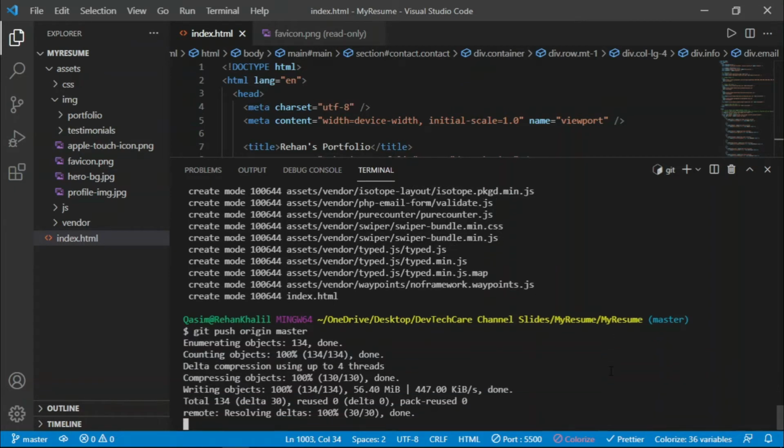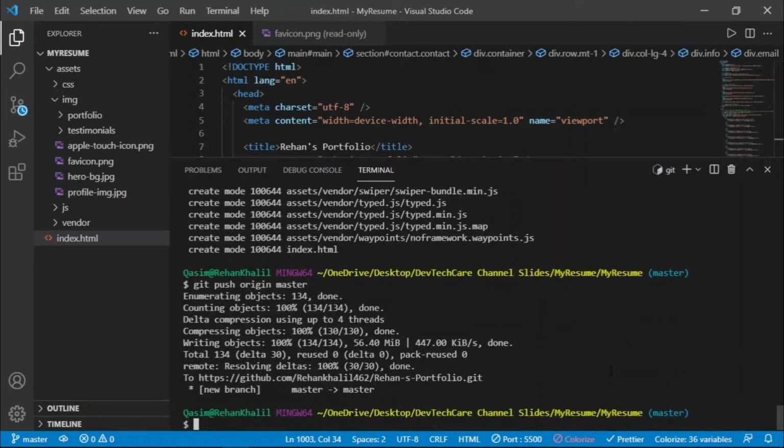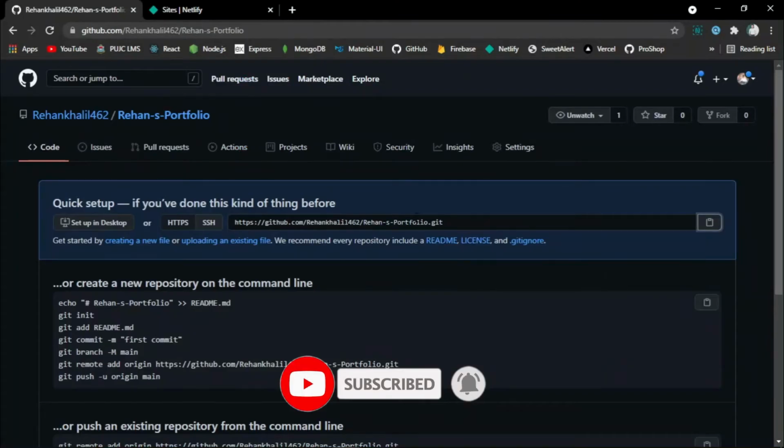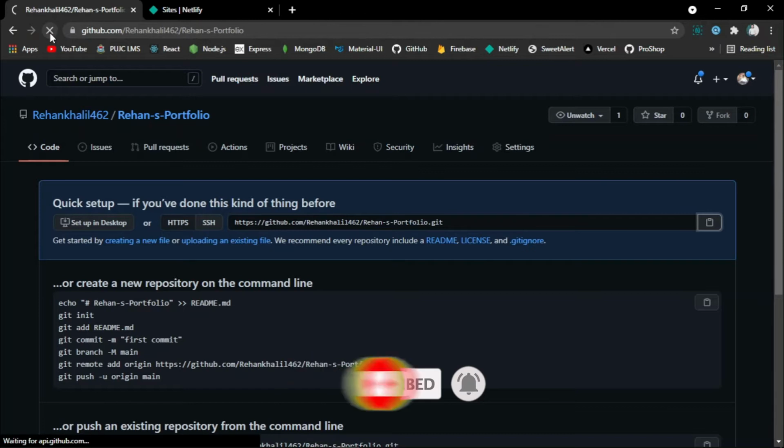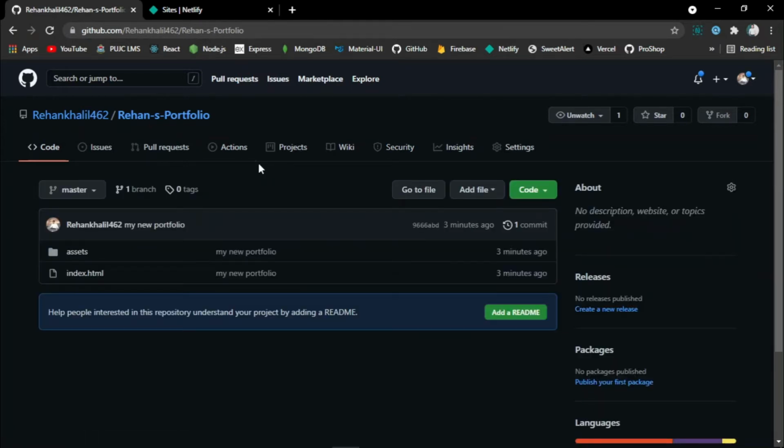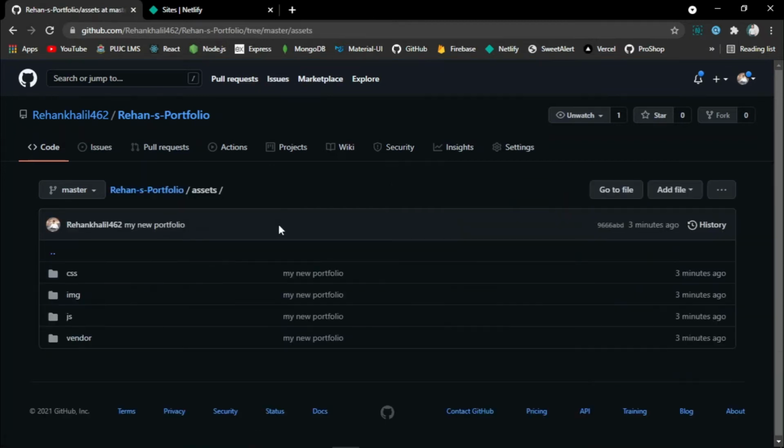Once it's done, just go to your GitHub repo and refresh the browser page. Now you will see that you have all the files that you pushed from VS Code to your GitHub repo using Git.